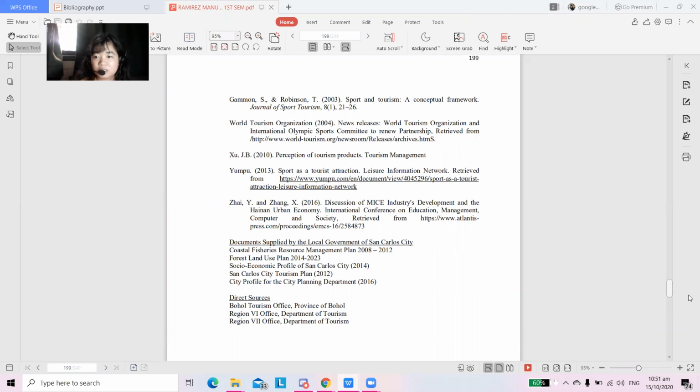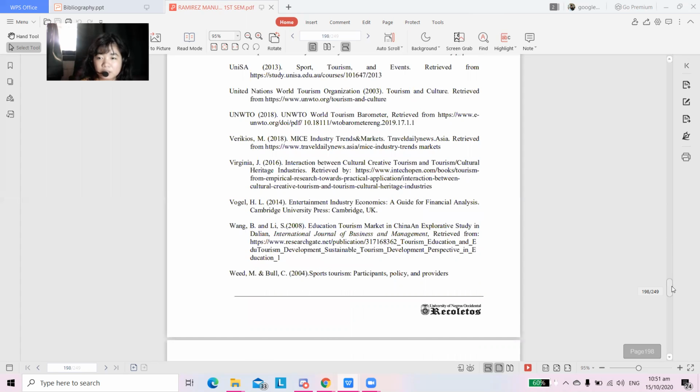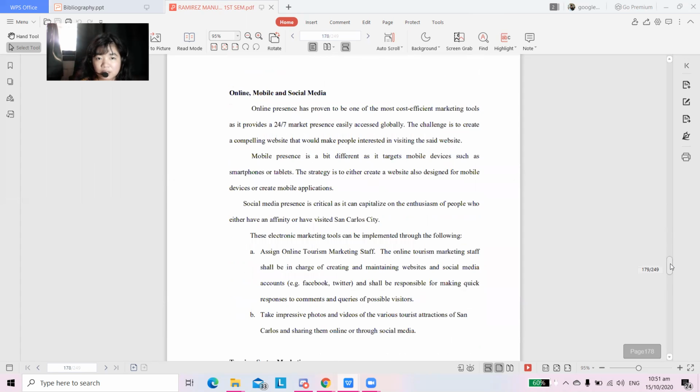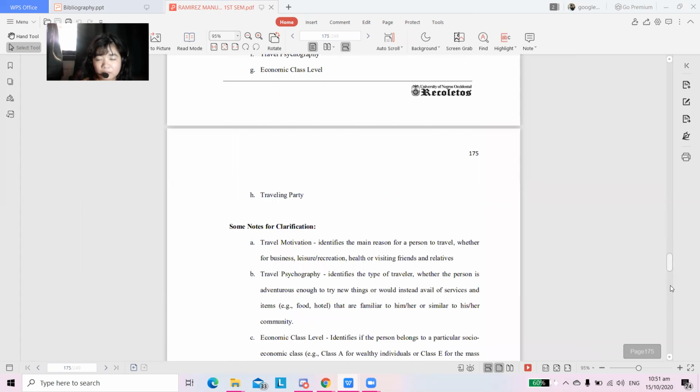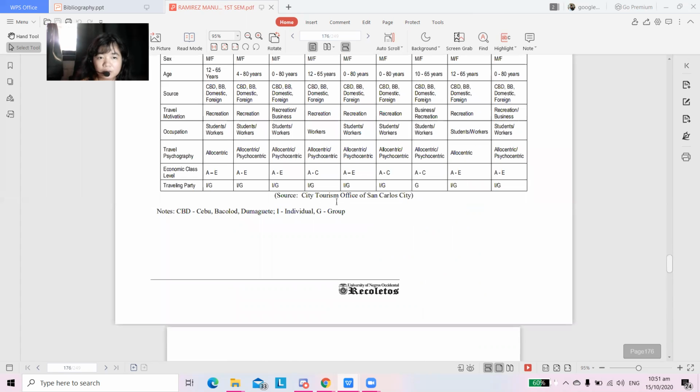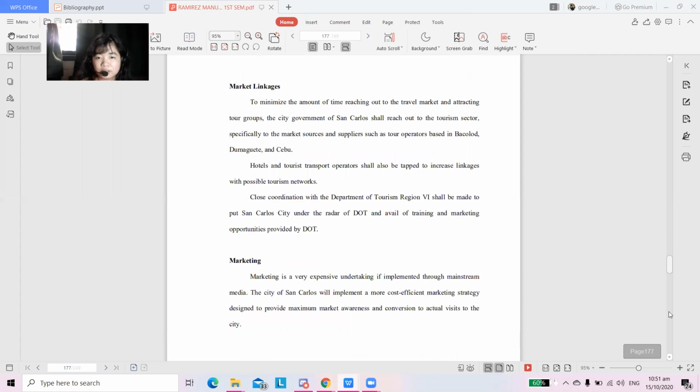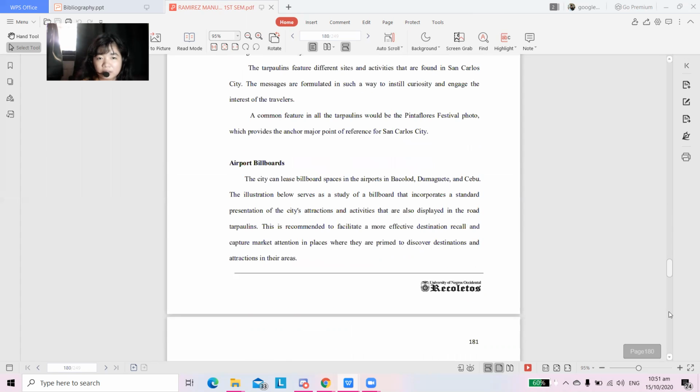So I will source it, and put them in the reference list. Also, for tables, this source came from DOT. Source: City Tourism Office of San Carlos City. Below is the DOT table.